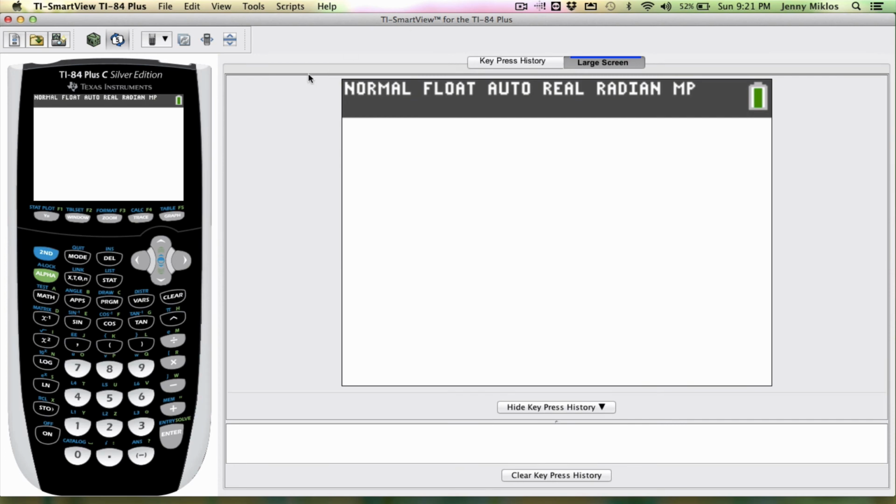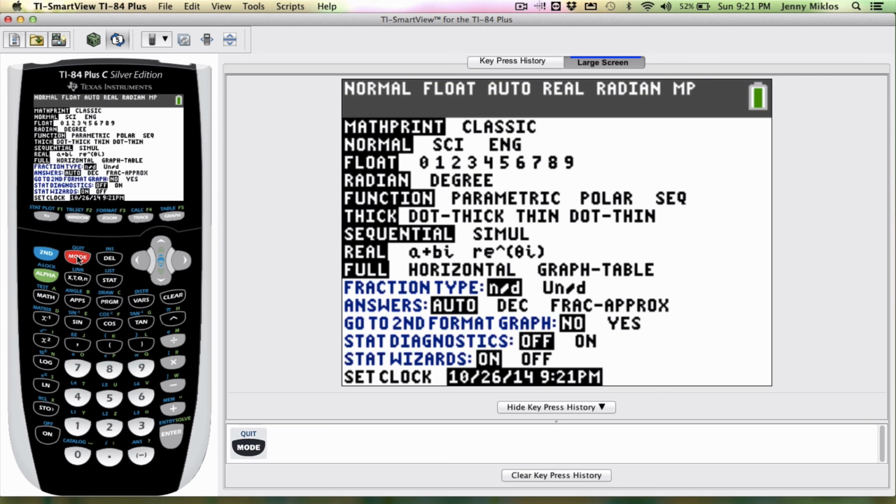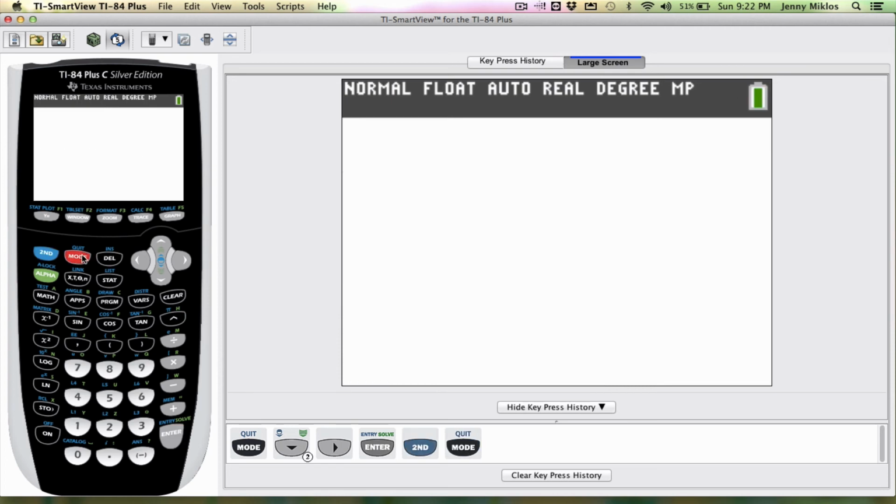Okay, so the first thing I want to show you guys is how to change our mode. So if we press the mode button, if we look right here, we have radian and degree. I'm going to go ahead and move the arrows down to what I want. I'm changing it into degree, and I'm going to press enter, and it's going to highlight degree. Okay, and if you have the same calculator as I do, degree will now show up at the top. Okay, and we will have to work back and forth between radian and degree, so it's important that we know where that's at. So I'm going to go ahead and quit and get out of there,